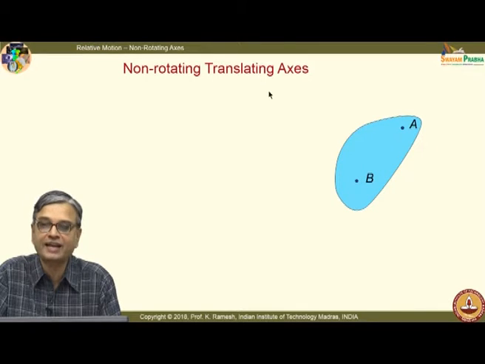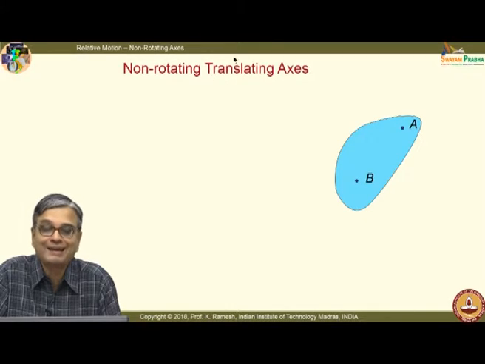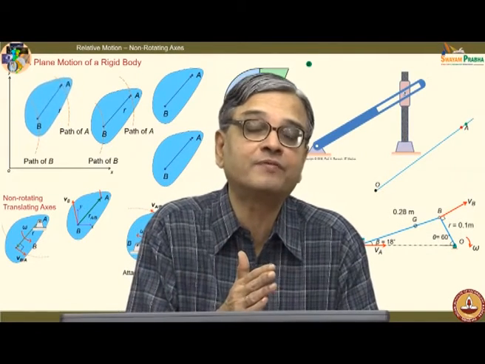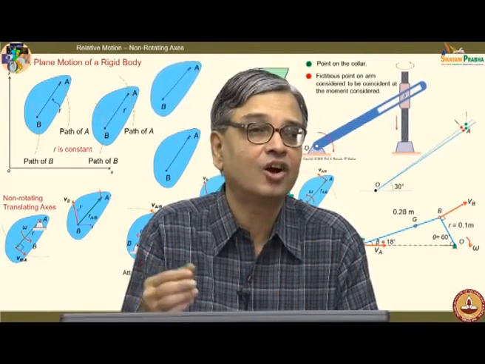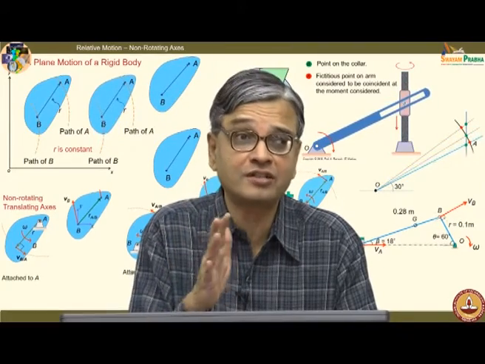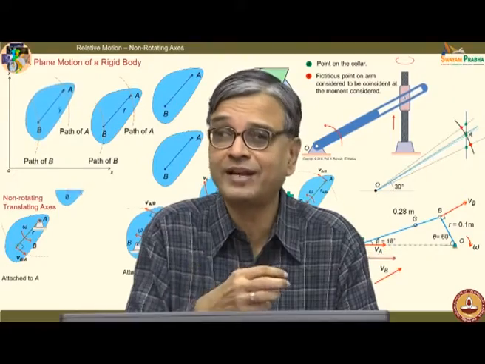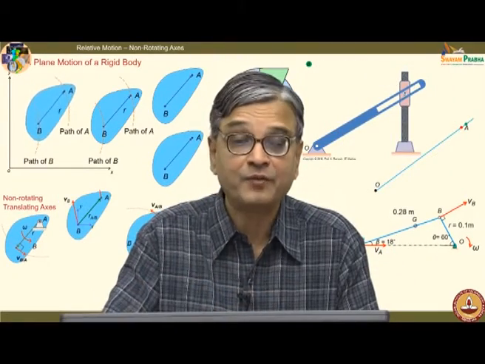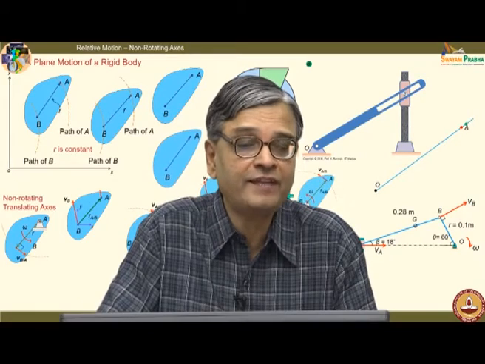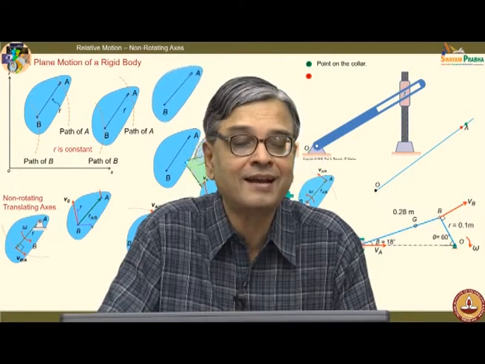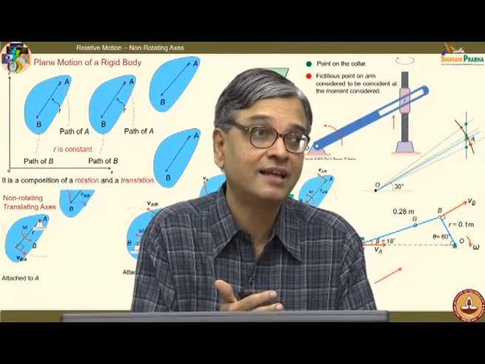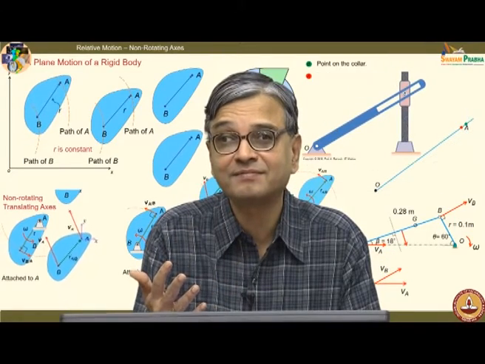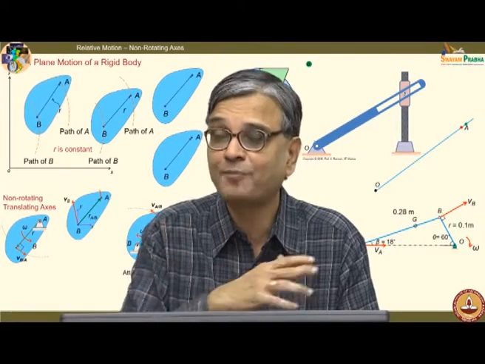So, I have a non-rotating translating axis. This is very important, all these terms are very important. I have only a translating axis. Do not confuse it with what Galileo has done. Galileo said moving in a straight line or being stationary, straight line at constant velocity is one and the same. That is how we developed the initial frame of reference. We are not saying anything about that here. We are only saying I am having a non-rotating translating axis. The translating axis can have both velocity as well as acceleration. Please understand that. I have not put any restriction on it.